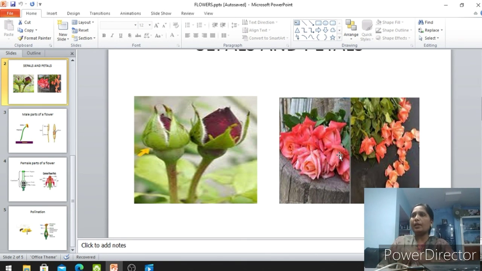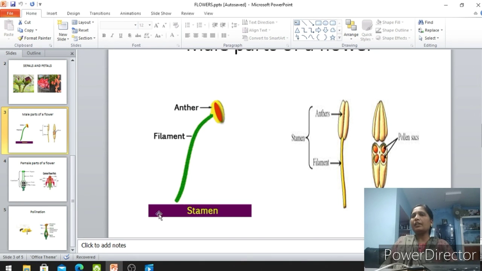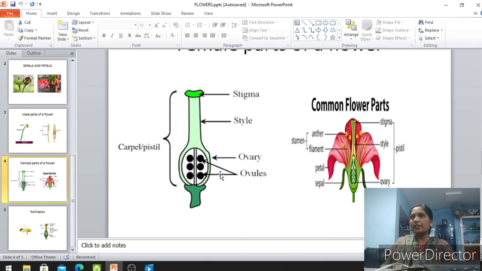At the same time, you dissected your flower and found the male and female parts of the flower. So draw the male parts of the flower and label the parts. And draw the female parts of the flower and label the parts. This is your today's homework, children. In coming class, we'll discuss the textual exercises of